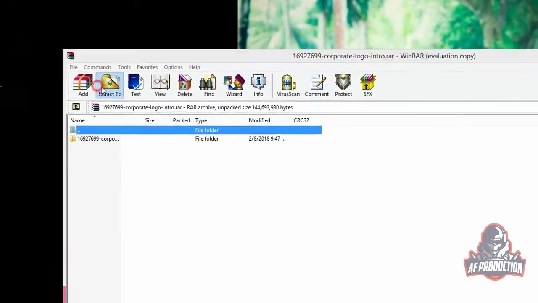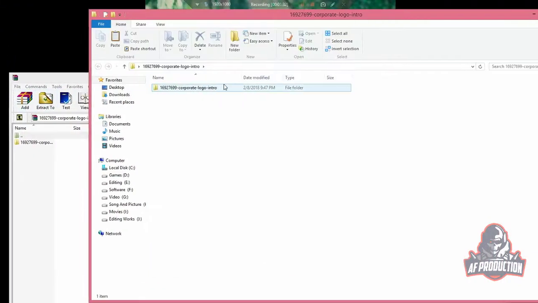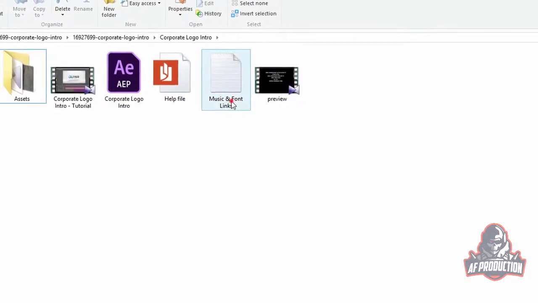So double click on it, extract to, and click on OK. After extract you can see this kind of a folder. Double click on it, yes, and boom, corporate logo intro. Double click on it, yes, and after opening this folder you can see this kind of a notes that is